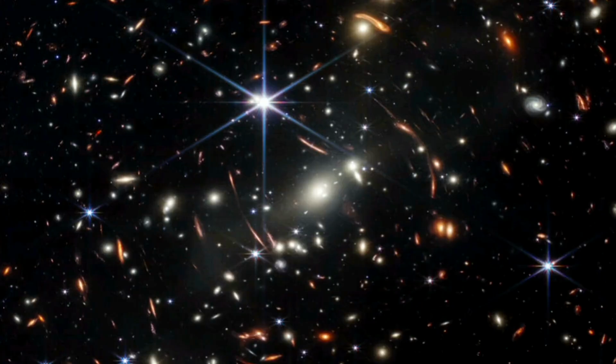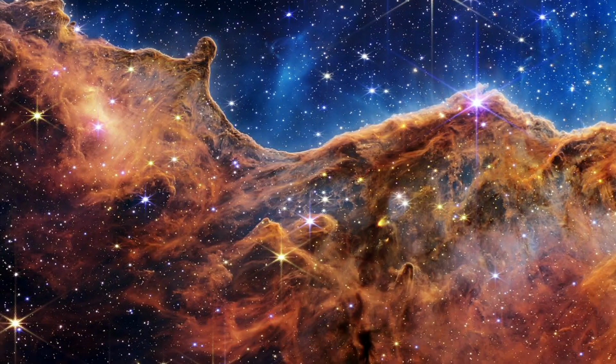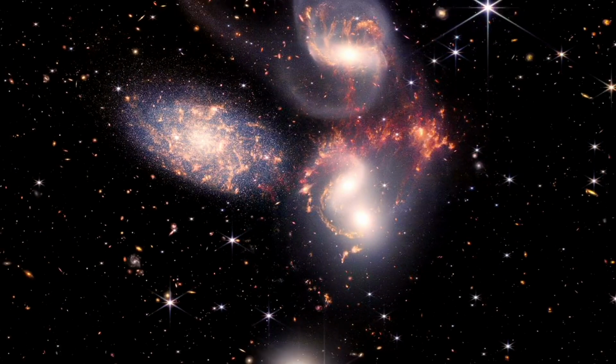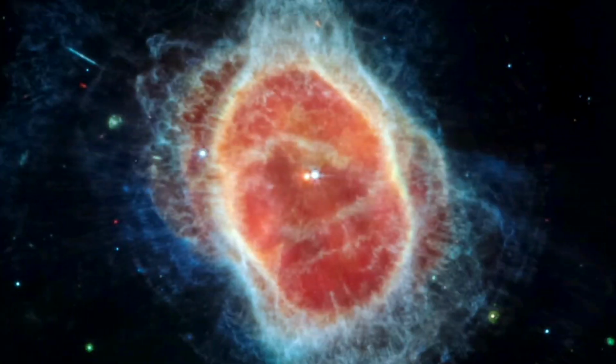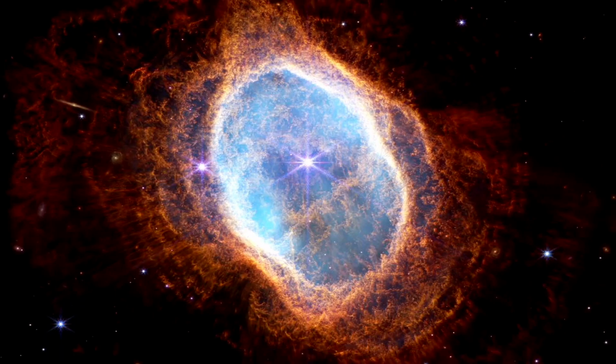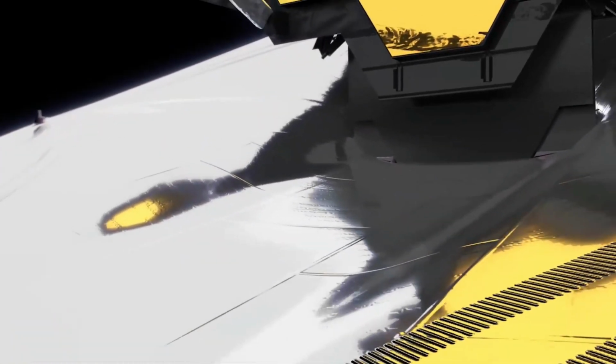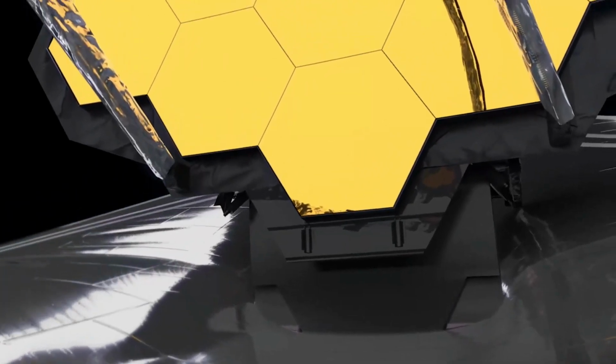Behold, the James Webb Space Telescope's stunning first science images are here. The wait is finally over. NASA shared some of the James Webb Space Telescope's first breathtaking photographs and data from a live event on Tuesday,